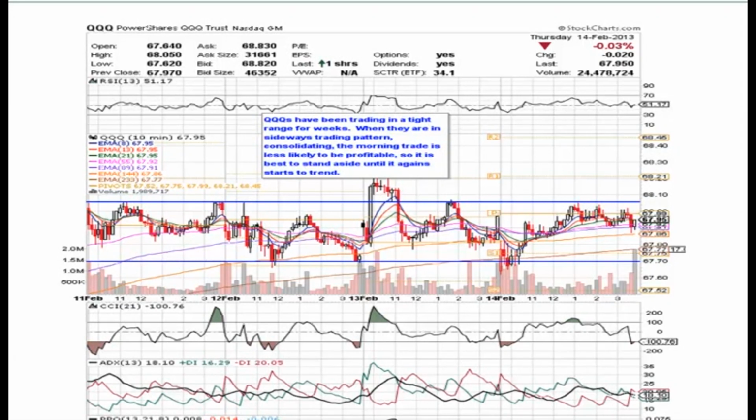This could be a time that you just decide that you're not going to participate in the morning strategy, the strategy that we're going to be discussing next. You can see by the diagram here that it has been trading in a tight range of like 30 cents back and forth, and unless you're very quick on the trigger as far as getting in and getting out,